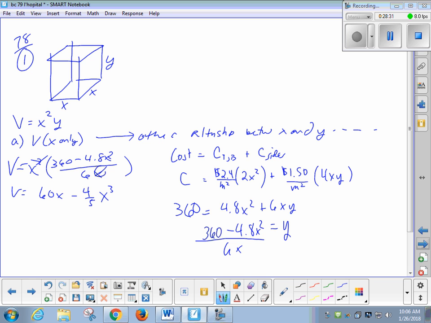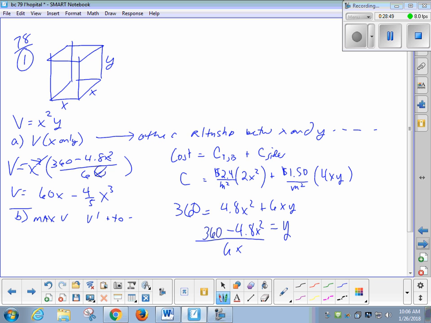equations. Part B then is to find the max volume you can get for that price. So that would be to find the derivative and to find where it goes positive to negative. That should probably get you started. The derivative is pretty